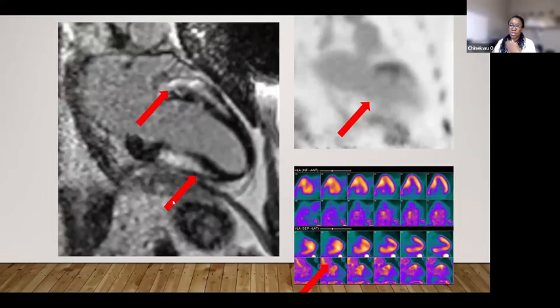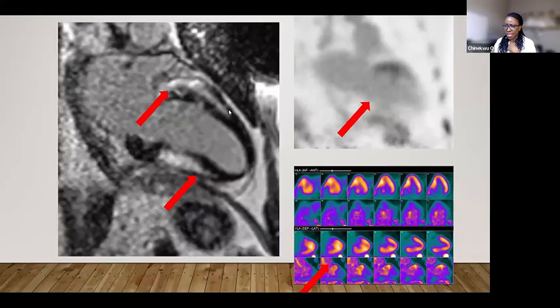Now, because we also do metabolic imaging with FDG PET, it's important to then test if those foci are actually inflamed, because late enhancement is scar. But if they are inflamed, then he stands to benefit from biologic agents to dampen the acute inflammation. And that's the strength of multimodality imaging and hybrid imaging, because we can see that whilst